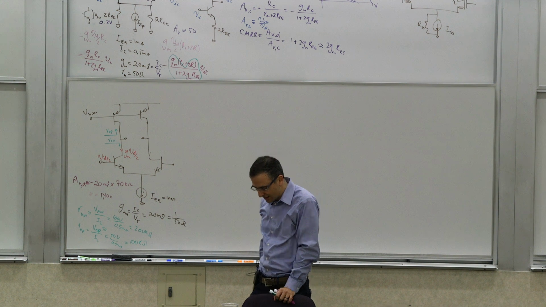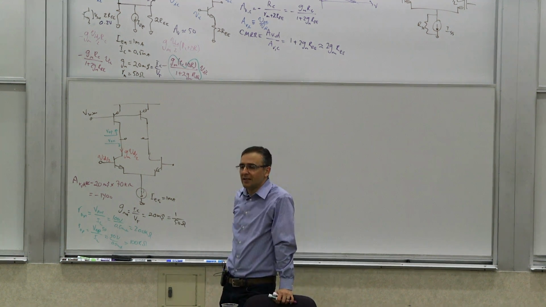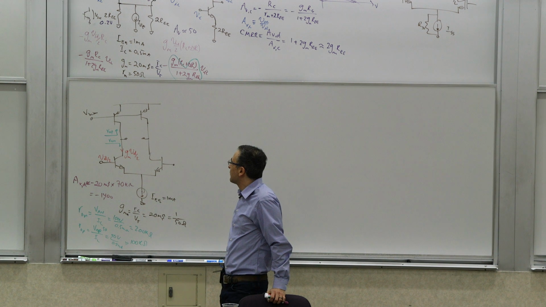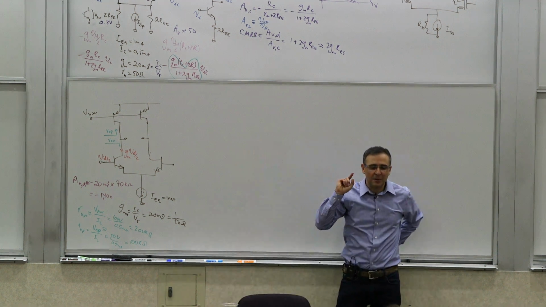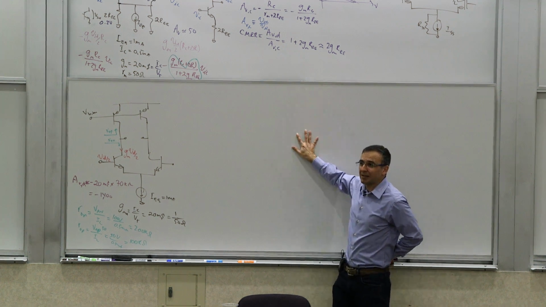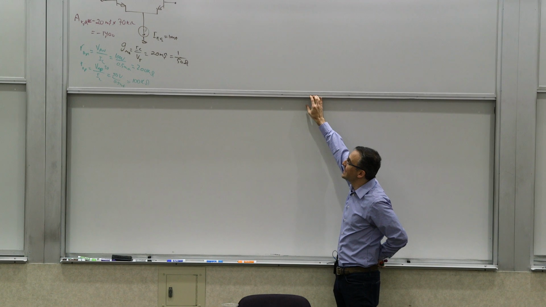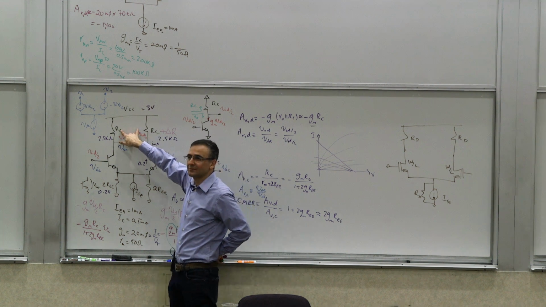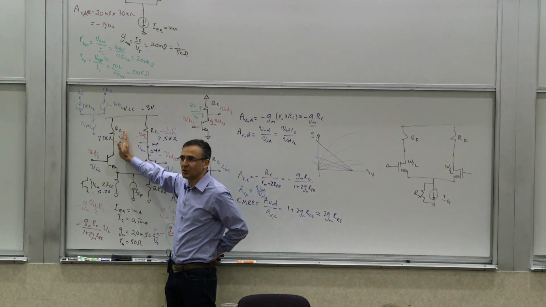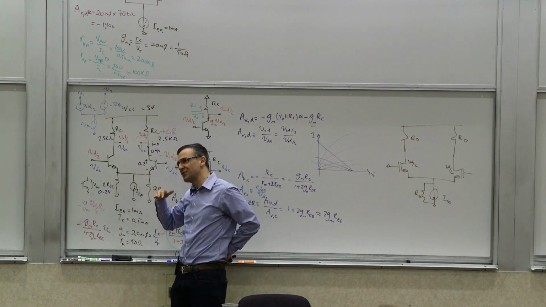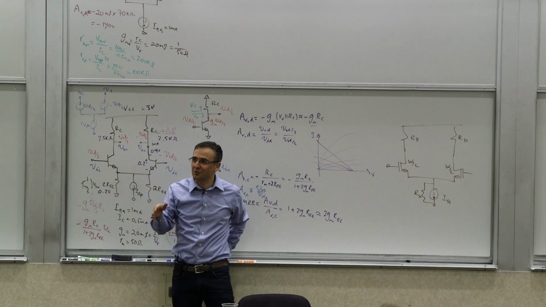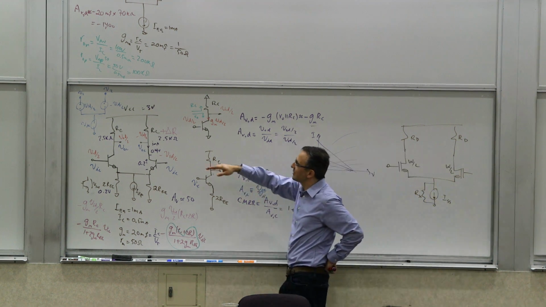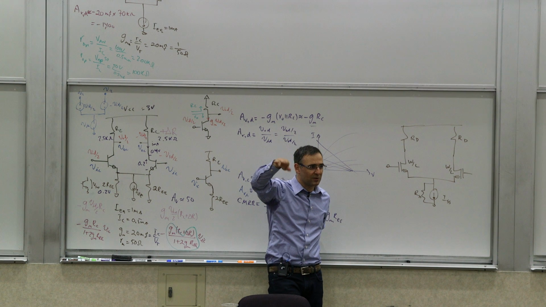Yes? Wouldn't it also make your common mode rejection ratio worse because you have different loads? Exactly. It also degrades your common mode rejection ratio. That's a very good point. Let me rephrase. Your common mode rejection ratio is still the same, but you will start seeing the common mode voltage. Because if you keep both resistors, the stage is symmetrical. But I mean the next stages. Yeah. So I'm assuming right now that the load is not presenting a major problem. And it's a big assumption. We'll see that this is actually an assumption we have to deal with. But assuming that you have a very high impedance load that's not going to load this stage, which is not easy to do, but we'll see how to do it,